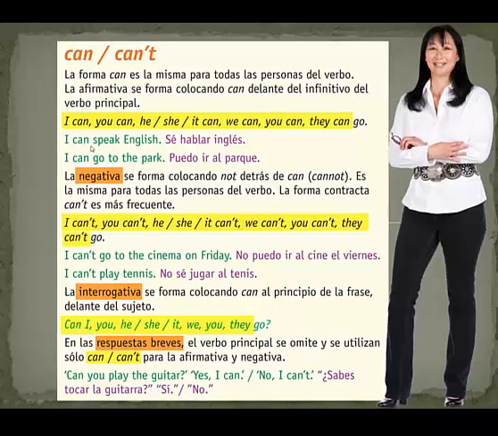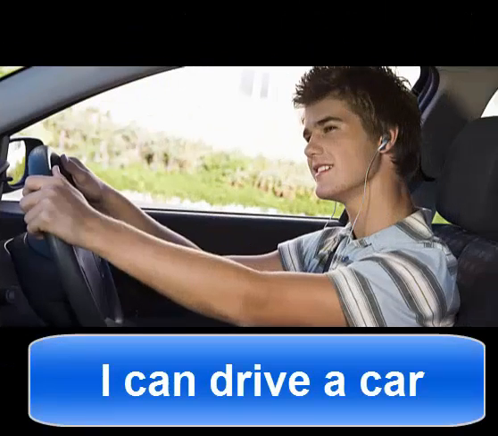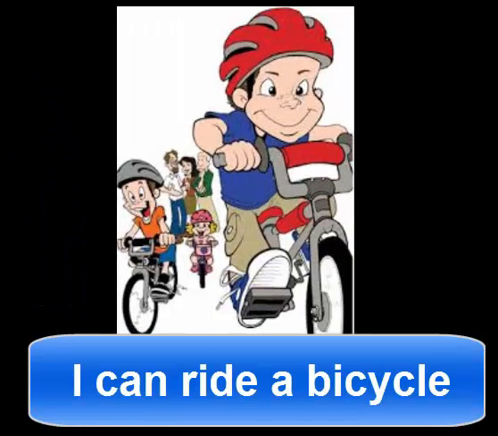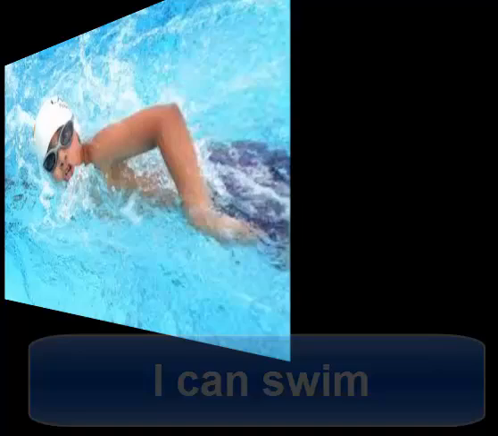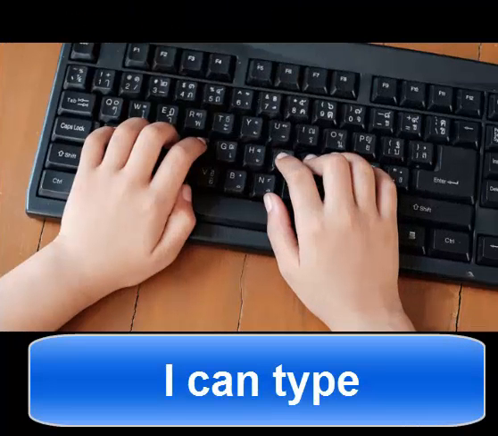So we can say I can, you can, he can, she can, it can, we can, you can, they can. For example, I can speak English, I can go to the park, or many others you can imagine. Let's say I can drive a car, I can ride a bicycle, I can swim, I can type,